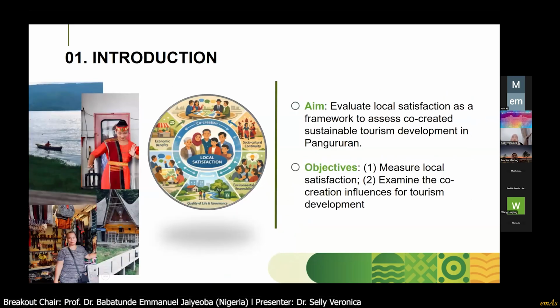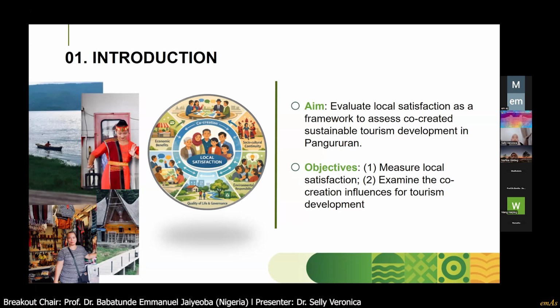And since the national government decided Pangururan is a super priority destination from 2020 until 2024, there has been rapid development, especially in the Pangururan waterfront, which went through a process of co-creation and local satisfaction. Local satisfaction is one of the mandatory issues that need to be observed during sustainable tourism monitoring. So this research aims to evaluate local satisfaction as the framework to assess how the co-created sustainable tourism development